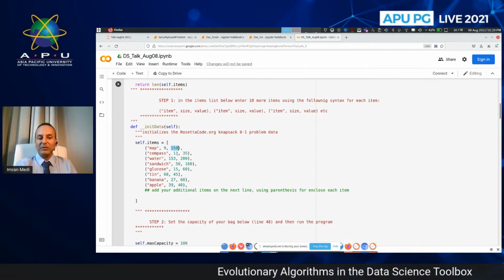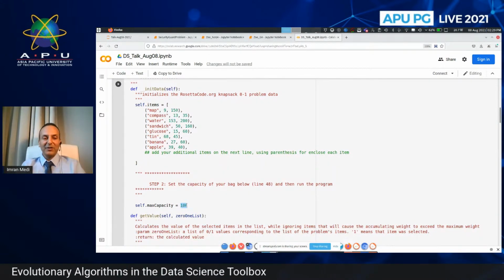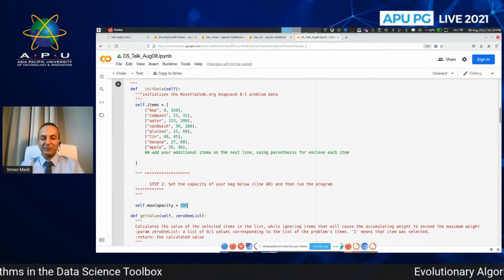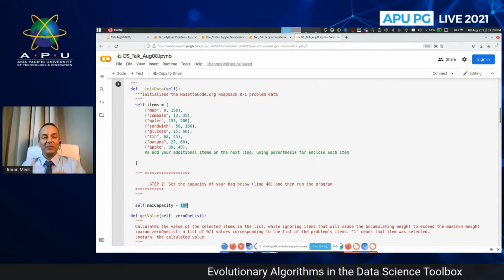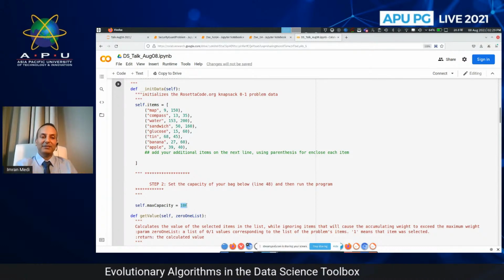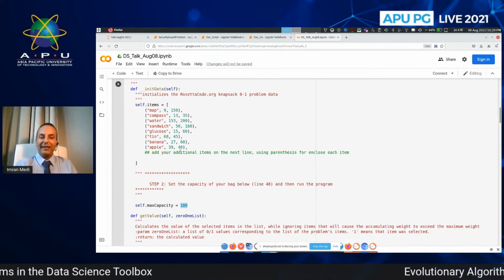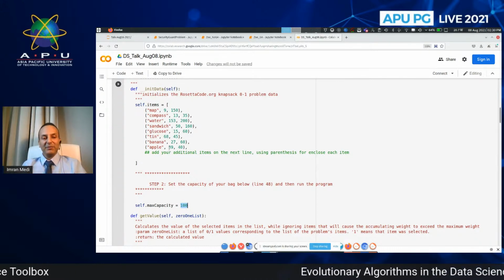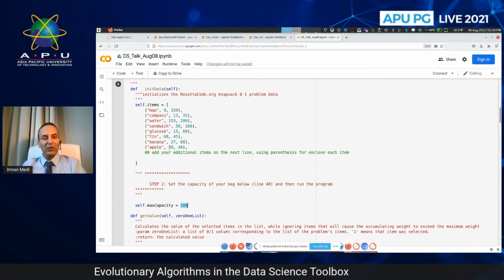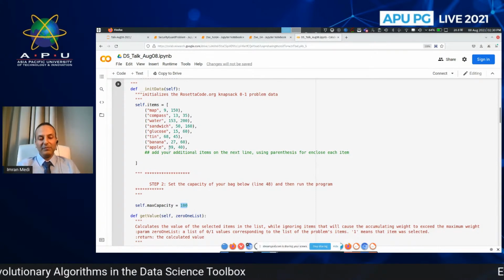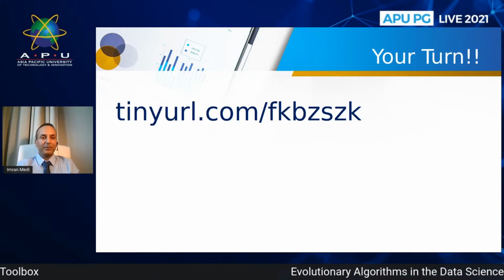Then you can set the size of your bag. If you run through this, it will give you various combinations of possible items, and then provide a list of the best items to go into your bag so as to maximize the value and maximize the usage of that weight. It's just another example of an optimization problem using evolutionary algorithms.